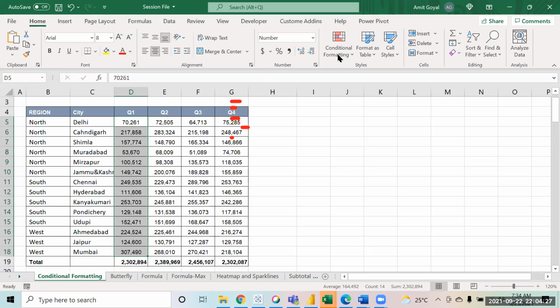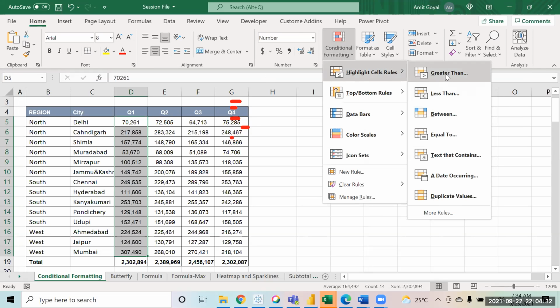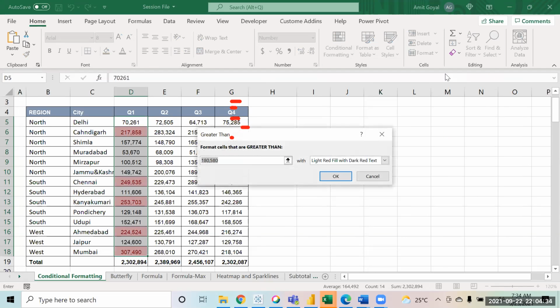So what you do is you click on conditional formatting, highlight cell rules, greater than. It's as simple as that. First you just type 2 lakh and click on OK.